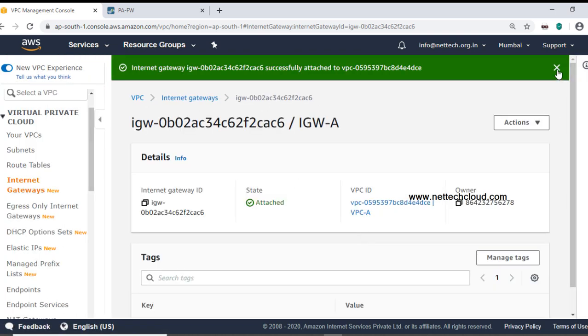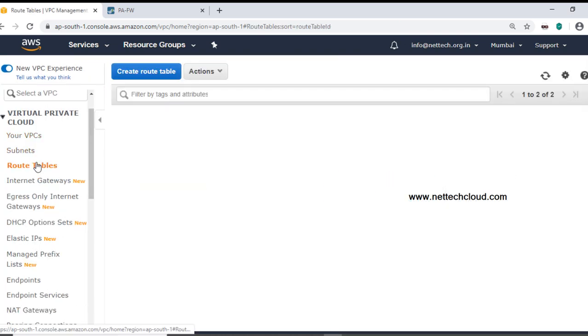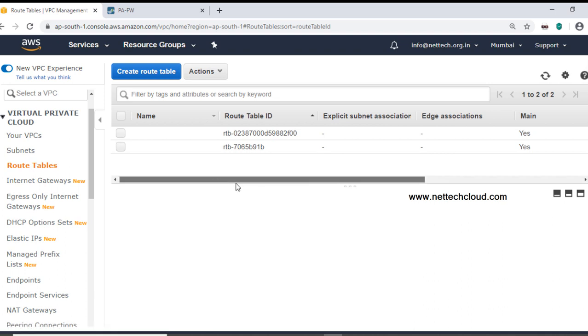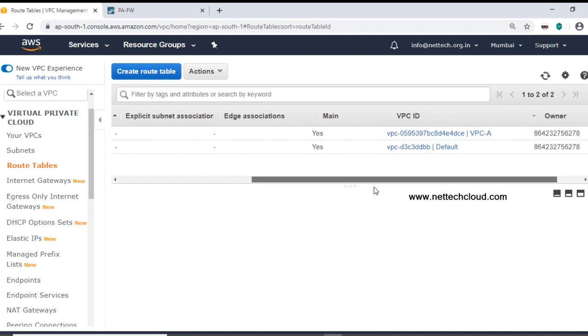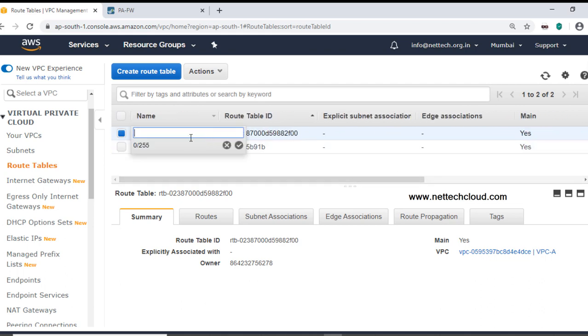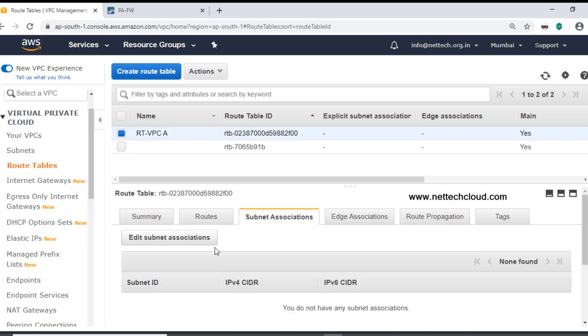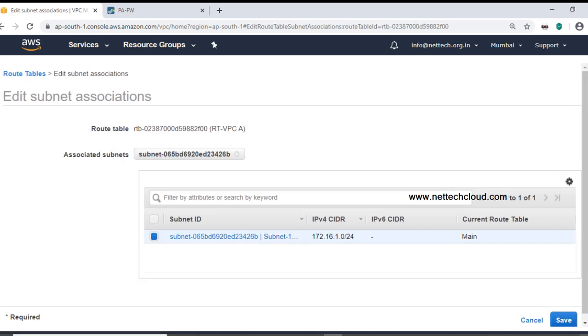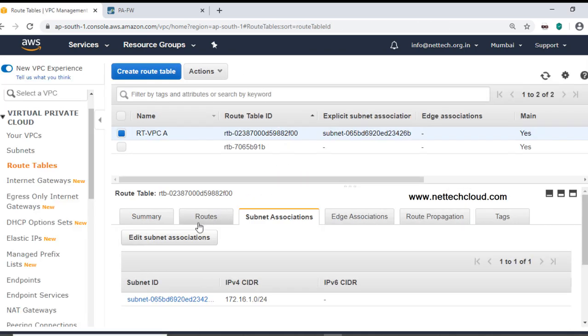this internet gateway needs to be attached to VPC A, this one attached. And then for internet, there should be a default route here. Whenever we create a VPC, a default routing table is automatically created, and here it is for VPC A. So the default routing table here, and give a tag, so it's the routing table for VPC A.